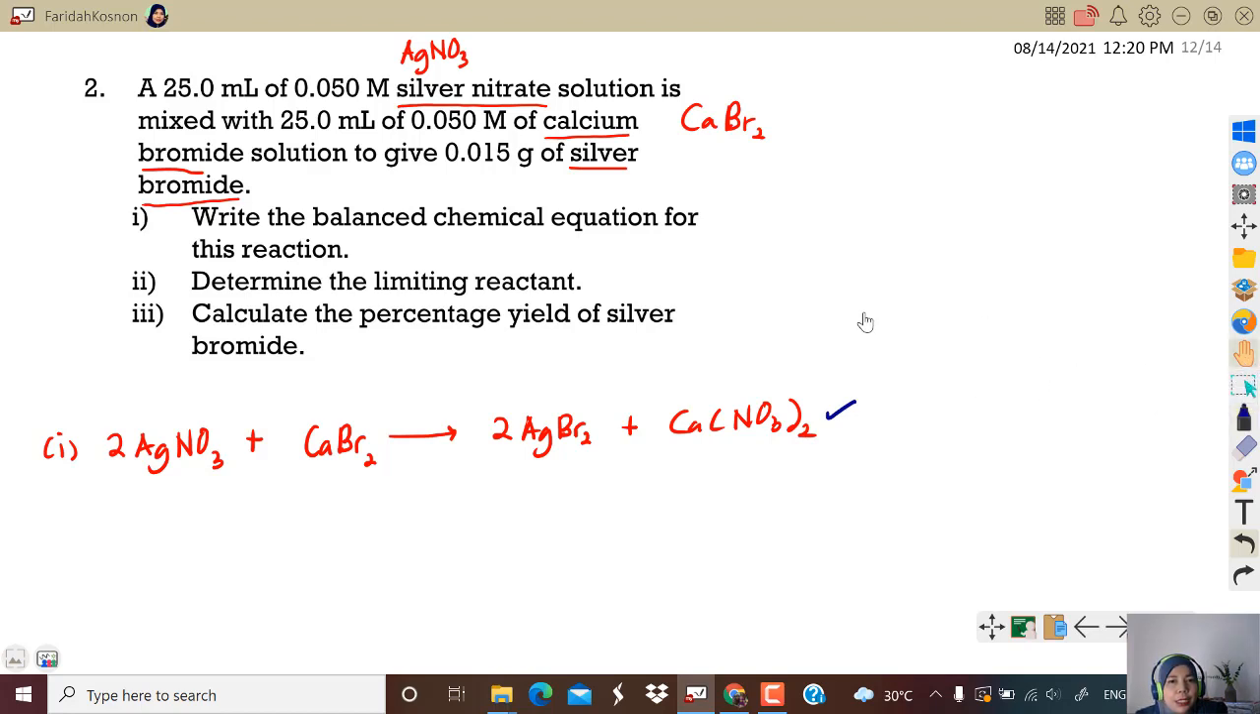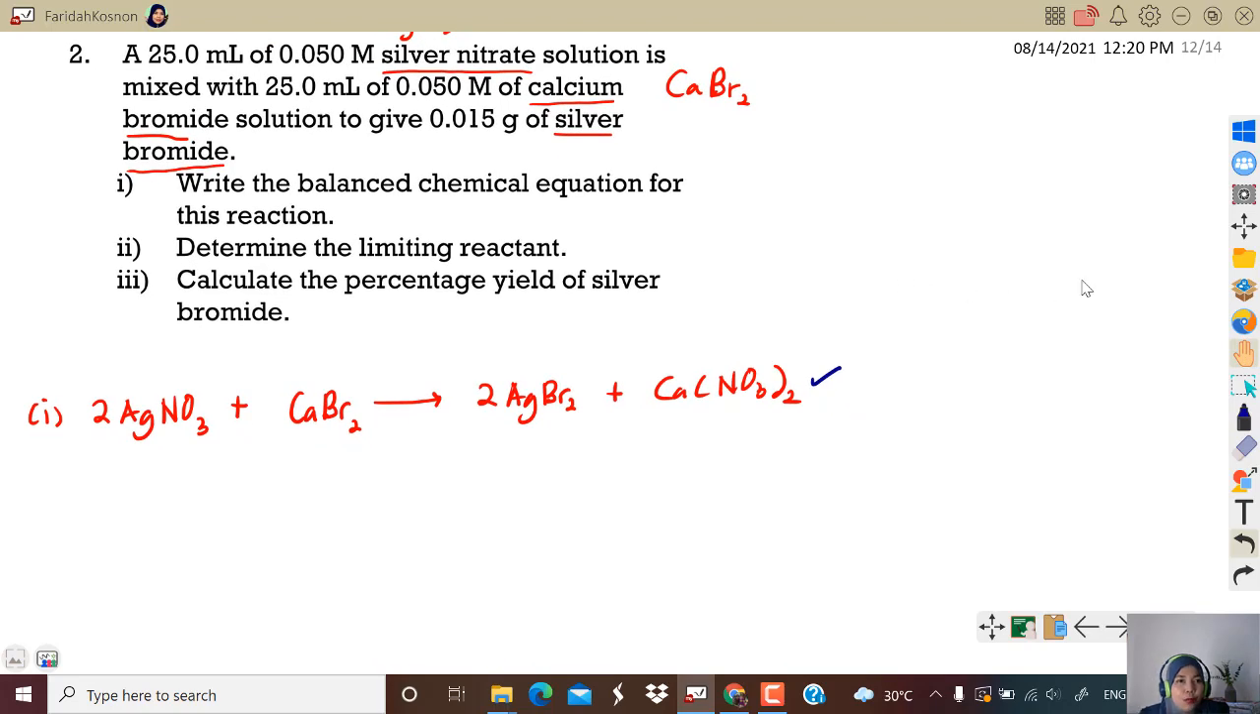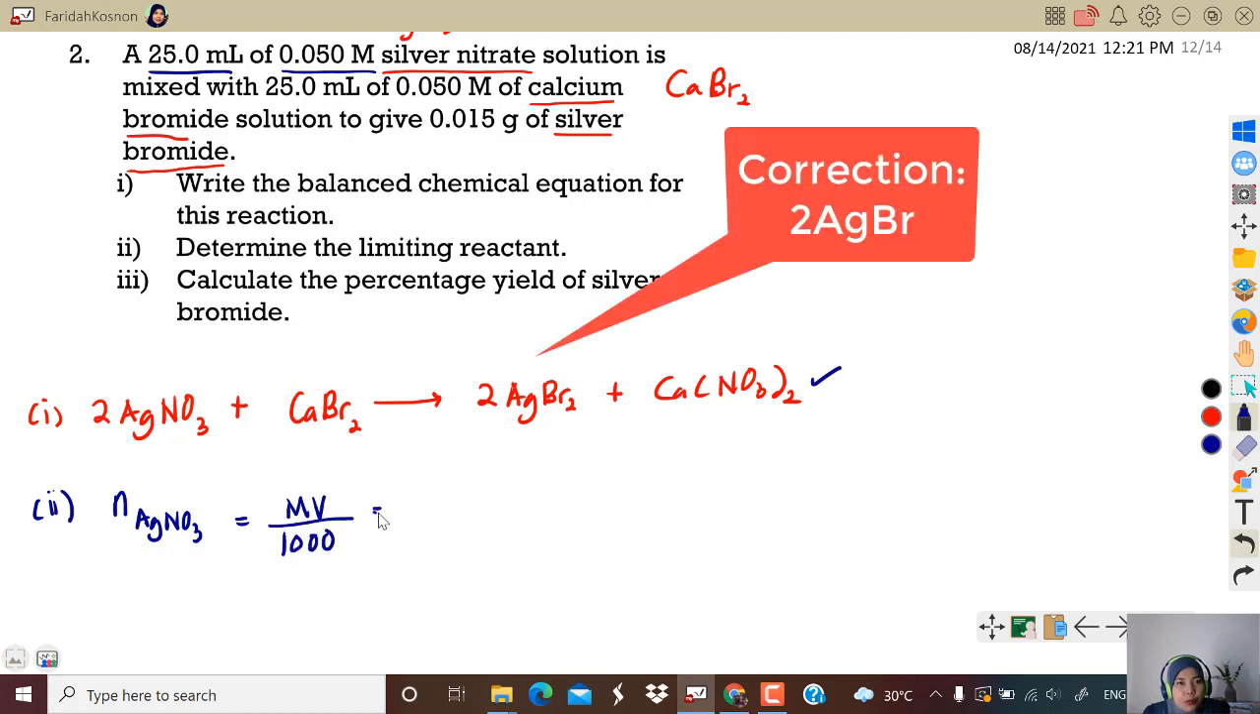This question is a guided question. It tells you first what to do, then what to do next. Since you are going to determine the limiting reactant, we need the initial mole, or mole available, for each reactant. Start with the mole of silver nitrate. What information is given? Volume and concentration of silver nitrate. So we can use MV divided by 1000. Show the substitution: 0.050 mole